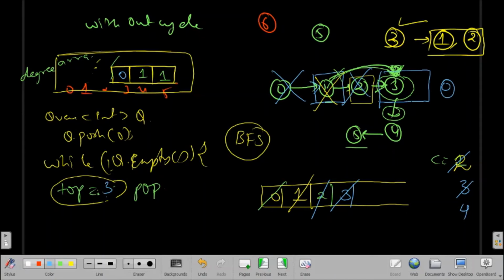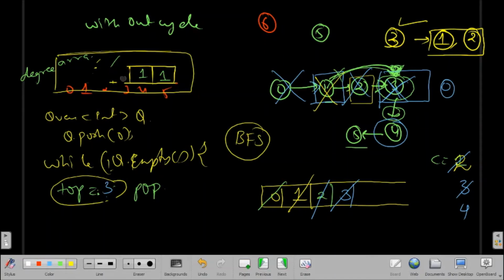and I'll go to the neighbors of 3, that is 4. So I'll come here to 4, and this course is completed. Now for 4, at first we had only 1 prerequisite, so now even that is completed. So we decrease 1 here, and change it to 0 now.